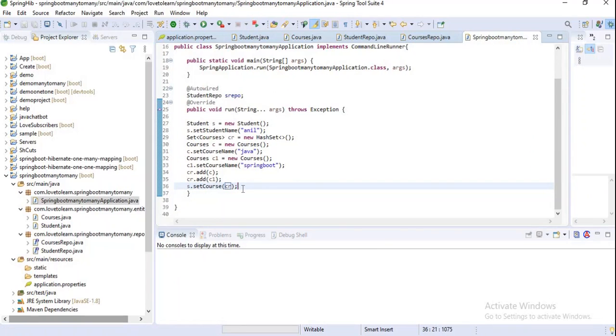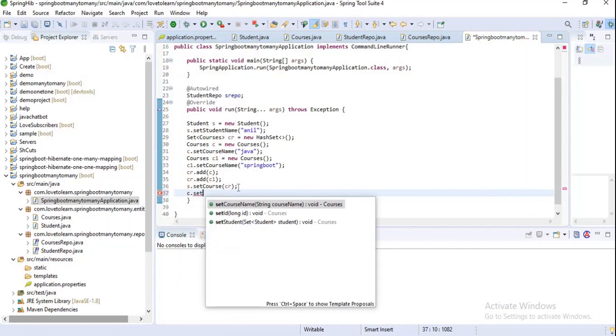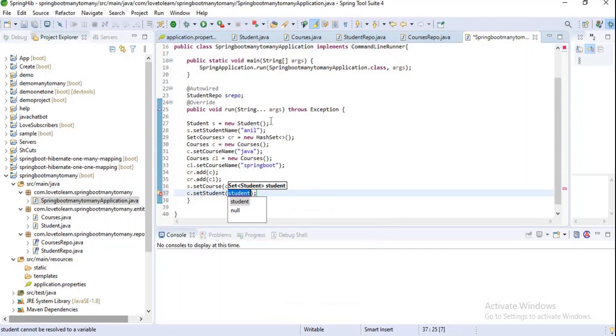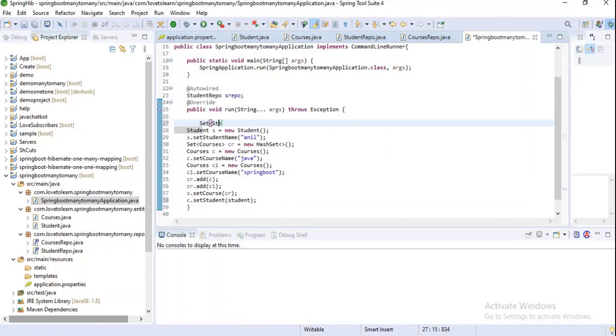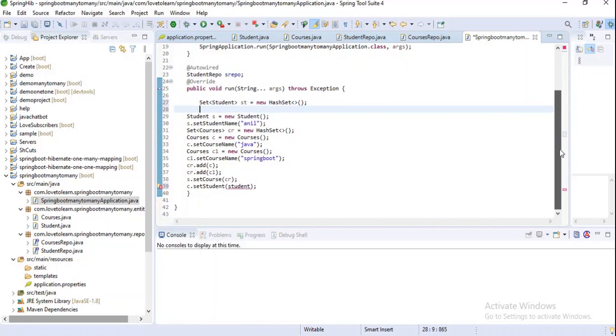I want to add it in both courses also, and c.add(student). First of all, I want to create a reference for a set for students also. Set of students equal to new HashSet. Okay, and st.add of